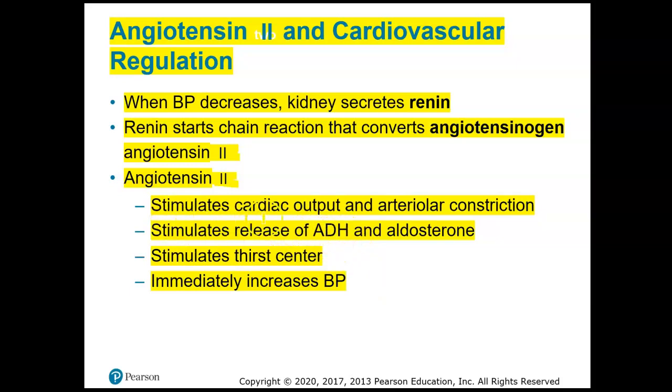Angiotensin II also stimulates cardiac output and arteriolar constriction, and that's going to increase blood pressure. It stimulates the thirst center, so we drink more, so we have more water coming in, and that increased water is going to increase our blood volume, which increases blood pressure. Okay. So angiotensin II has a variety of ways that it acts, and it acts in conjunction with ADH sometimes,